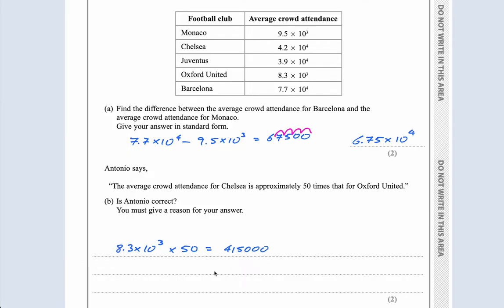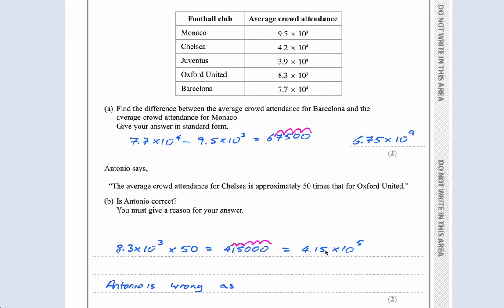So this will give me, well, is this the same as this? No. So this is equal to 4.15 times 10 to the power of, well, 1, 2, 3, 4, 5. Okay, so this is why Antonio is definitely wrong. Antonio is wrong